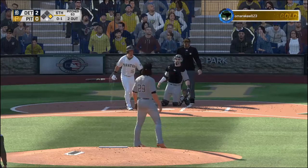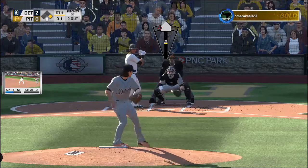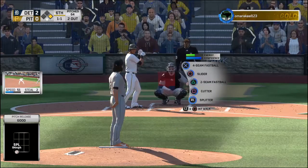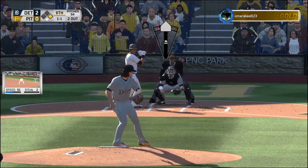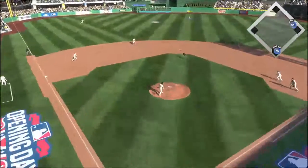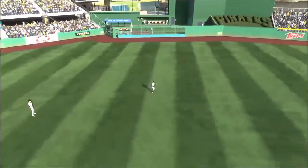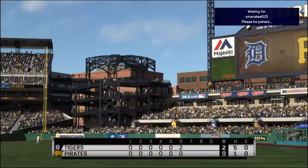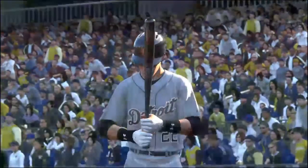And this is fouled back and out of play. Ball. And that misses 1-1. Boy, man, I tell you, that looked like a good pitch right there. That looked like that pitch was in the zone. He just missed it. This is hit high in the air out toward left center. So they do get their first hit, but their first run will...